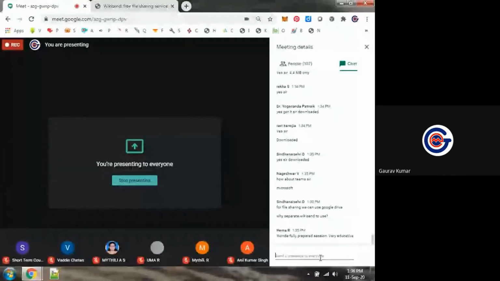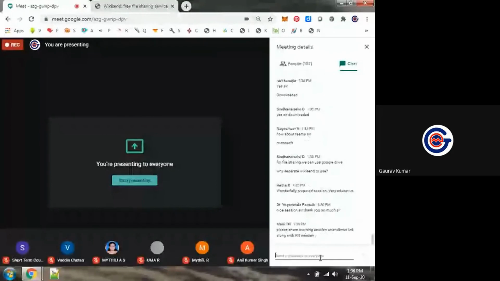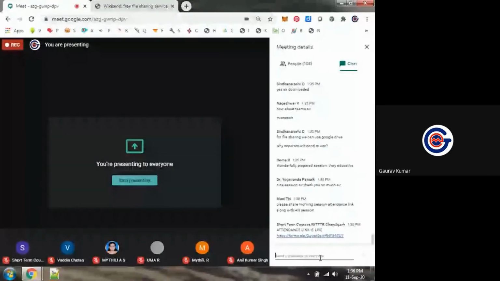So rather than that, I use it separately. In case of Wikisend, there is no need to create an account. Simply upload, a dynamic URL will be generated, and share it. By this way, I will not fill my Google Drive space.